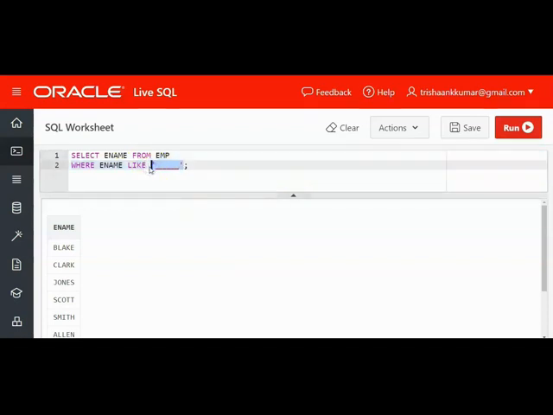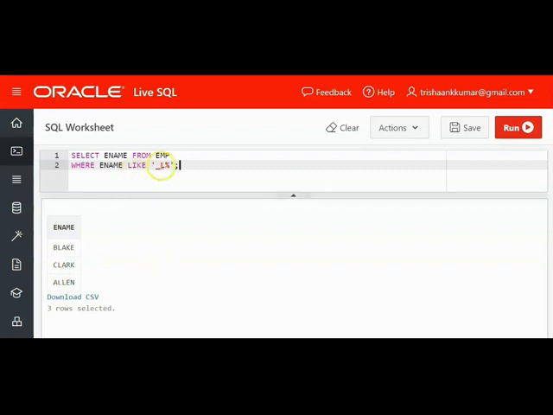Now we will try to display the names that have M as the second letter. How can we do that? Ename like, the first letter we don't bother about, so take an underscore and M, followed by percentile. What does it mean? One underscore means the first letter can be anything. After that, at the second position we are taking M. So the second letter we require is M, and at the end the remaining part we are not bothered about. Underscore M percentile. We have Blake, Clark, Allen, with the second letter as M.